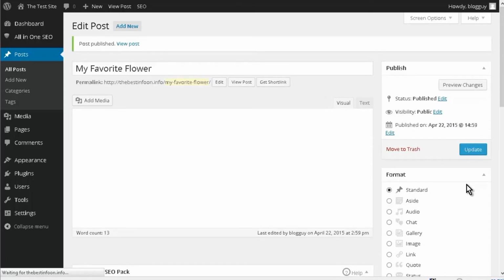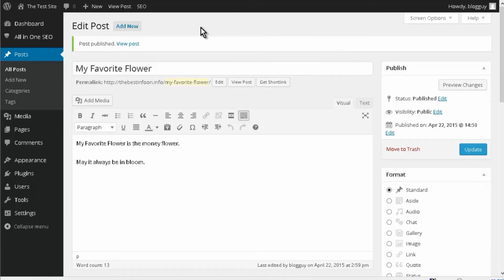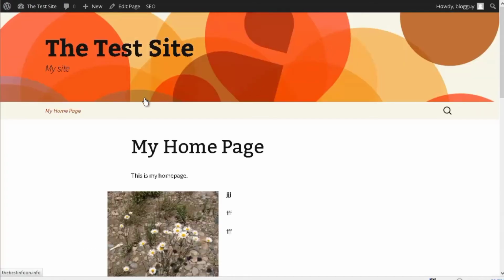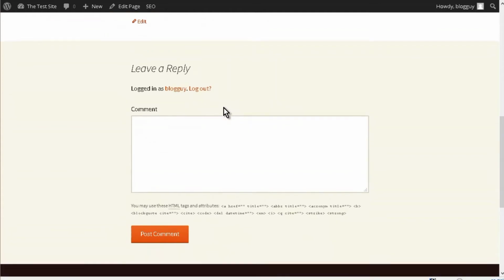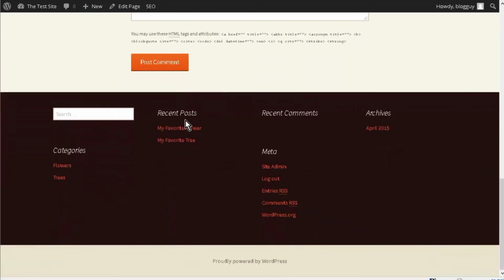Okay, so we have enough there now that I can just show you how the blog will look. So let's go over here and visit the site. Now you see here we just have the page, and then down here we have the comment, and then we have our recent posts down here. So we can change all this in the theme. But now you can see that here's our recent post. So if we click on this,